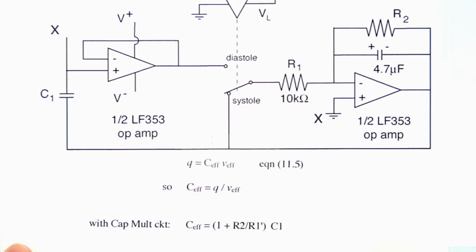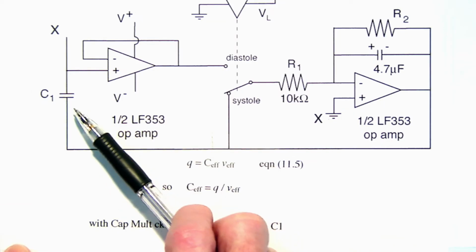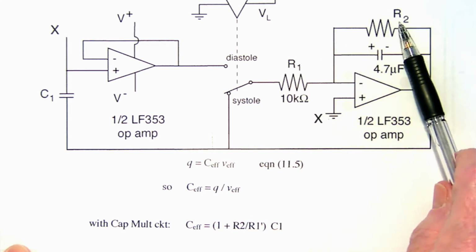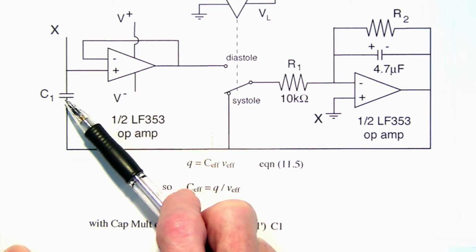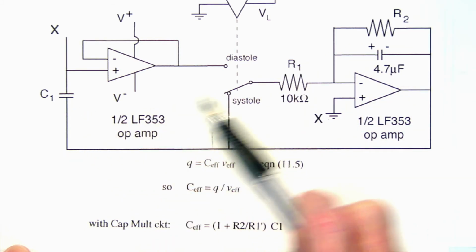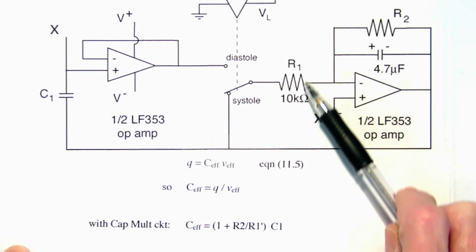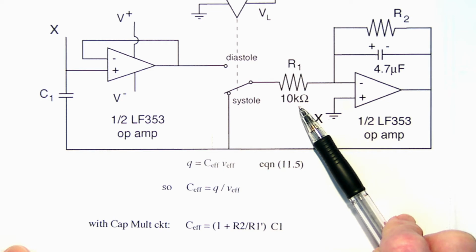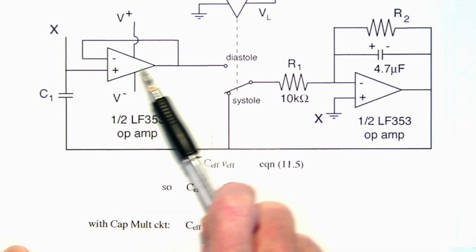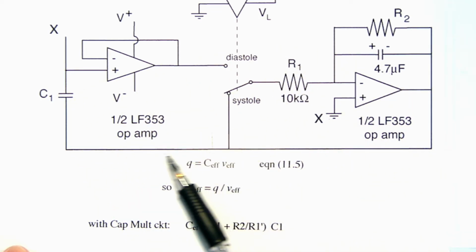Now let's find an equation which relates the values of all of these variables to each other. You are to find the value of C1 and the value of R2 for your particular left ventricular module. R1 is given to you as 10 kiloohms. Well, if you were to do a Kirchhoff's tour around this circuit, I won't ask you to do that, but